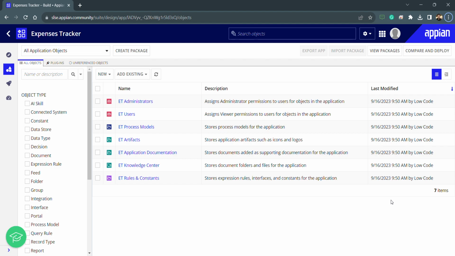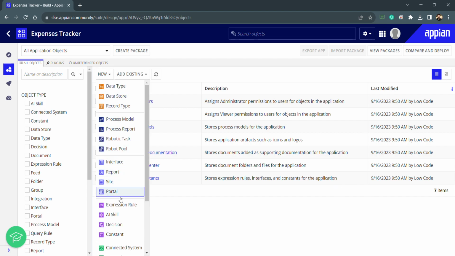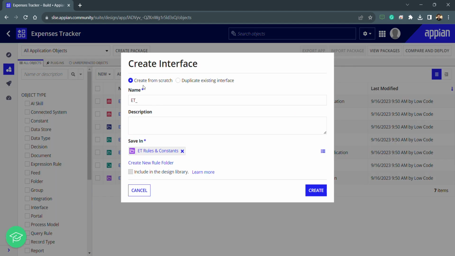So for that purpose, we will be creating the interface, and we will have some fields like expense details, whatever expense is happening, why this expense is happening, and the amount of the expense, right? So we will create the interface accordingly, and let's create it. I have two options. I will create the interface from scratch, and we have the naming convention, we have the application prefix. After that, I wanted to use this form for expense details, so I will name it new expense form, right? So this form will be required to submit a new expense,